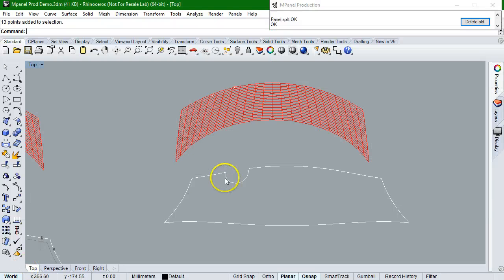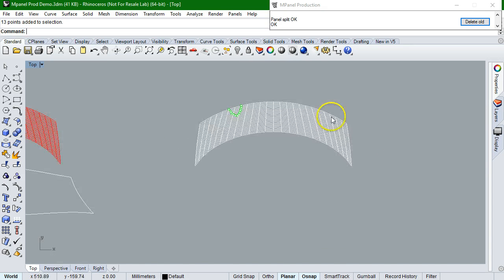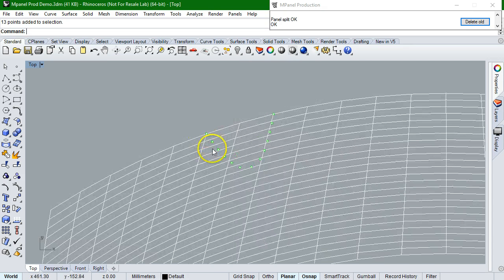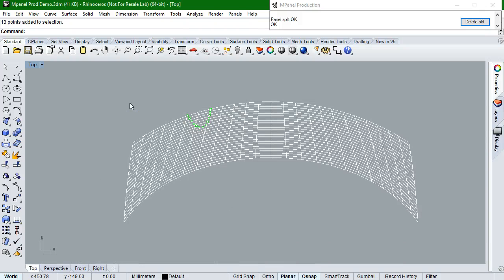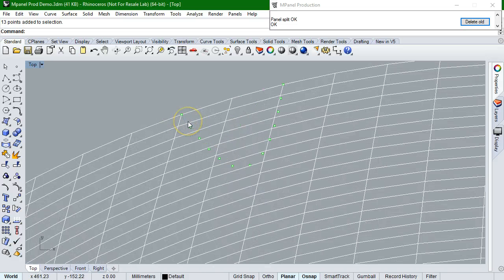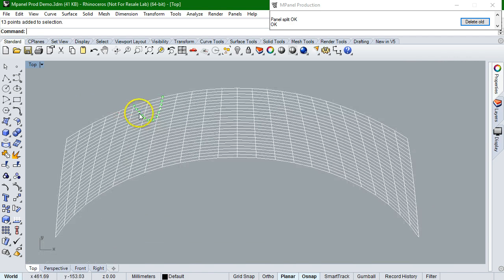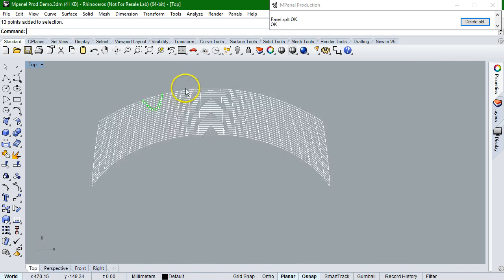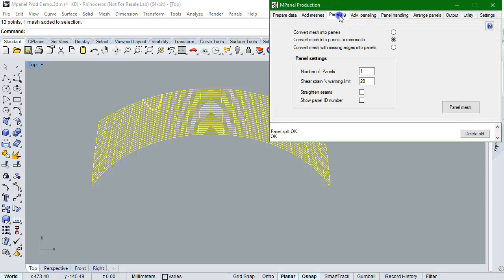You may have a situation where the entire cutout shape needs to be defined by the measuring equipment, and that can be coped with by having a series of points from the measuring equipment defining the shape of the cutout. Normally if we panelled this, those points of course would just all become individual little crosses in the panel. However, if we colour the points a significant colour, that is something like red, yellow, green, blue, etc., that instructs MPanel to join the points of the same colour together into a detail poly in the panel. So if I go ahead and select this, panel that,